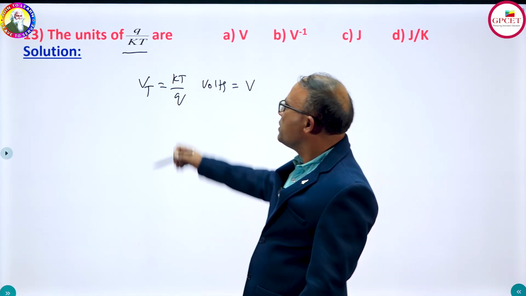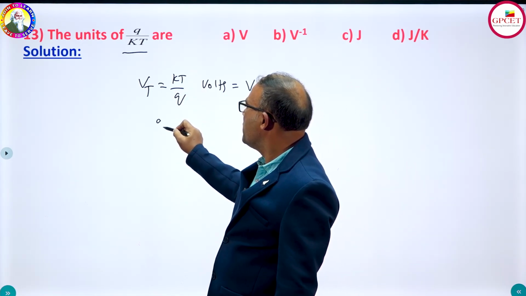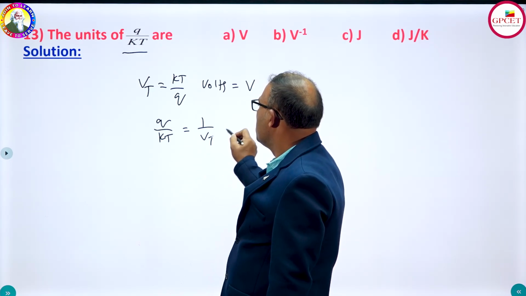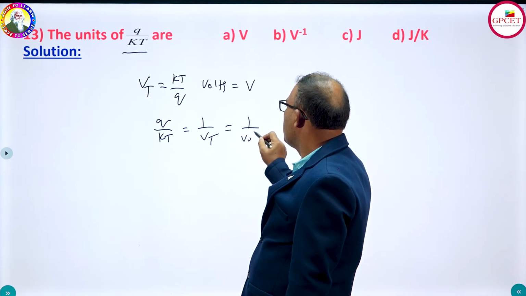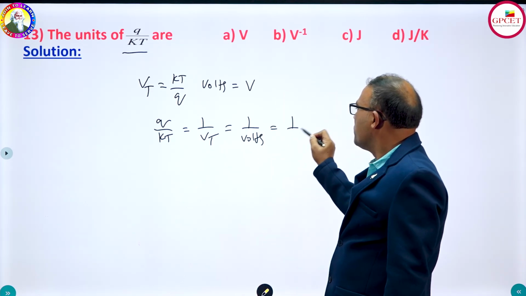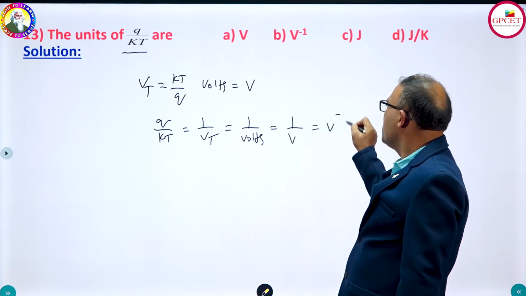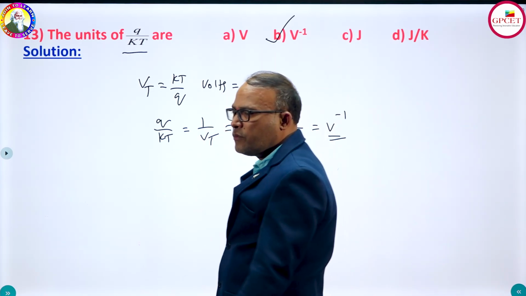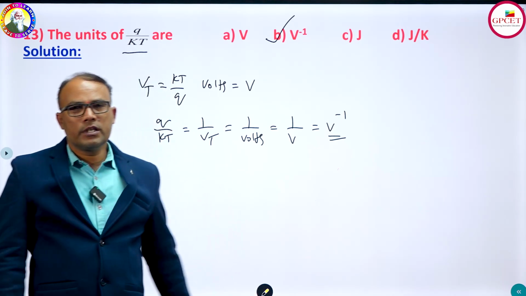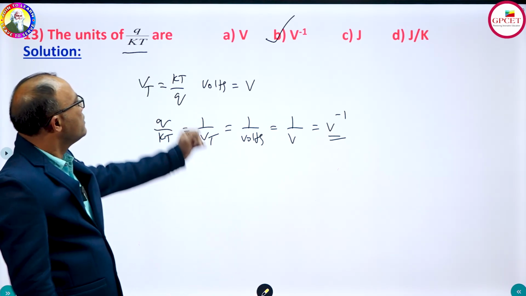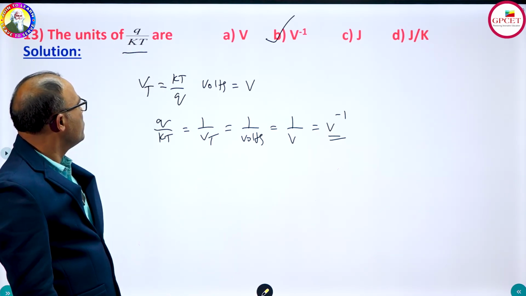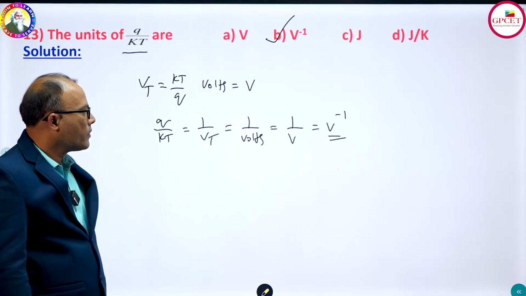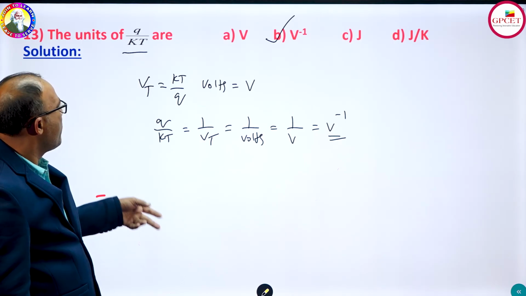But here it is q/kT. q/kT is equal to 1/Vt, so its units are 1/volts, that is 1/V, or V inverse. So the answer is B, V inverse. Volt equivalent temperature units are volts, and here we have the inverse of volt equivalent temperature, which is q/kT. Therefore the units are volt inverse. Okay, right. Next,